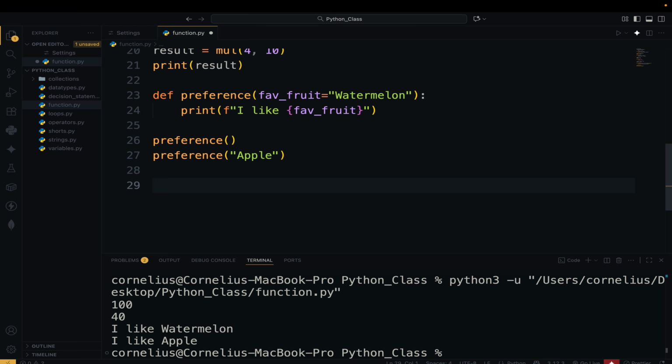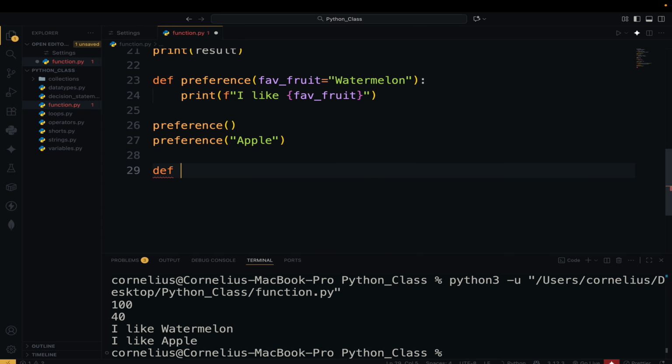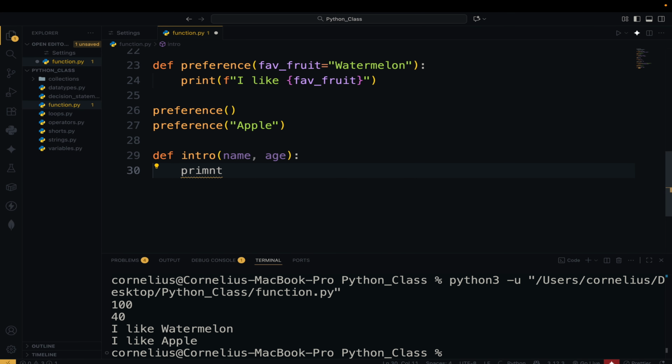So we can also use what we call keyword arguments. When calling a function, you can specify which argument goes into which parameter using keywords. So I'll say introduce, I want to introduce someone. I'll just say intro, and I'll do name, comma, age. So I'll go ahead and do print